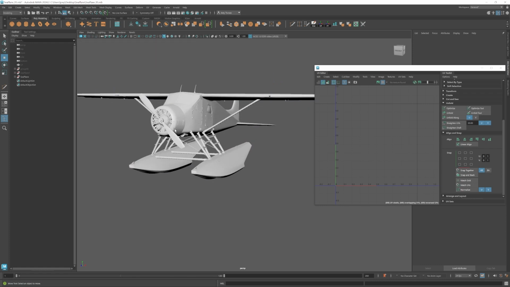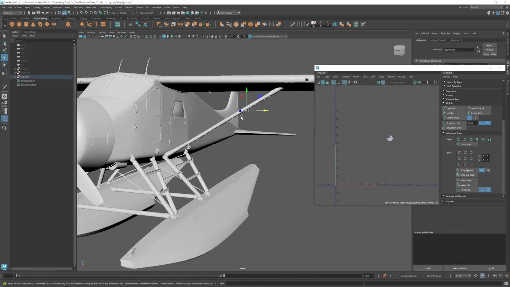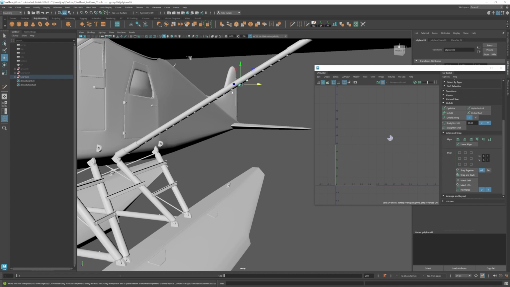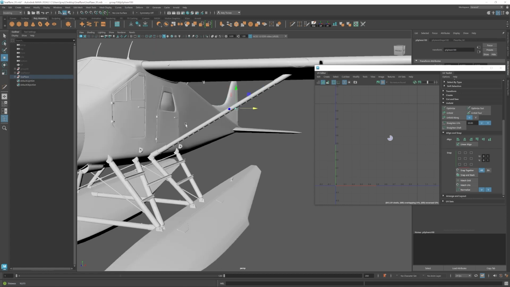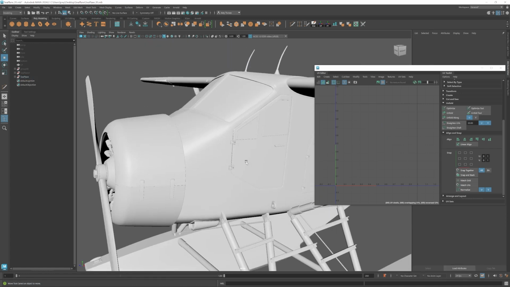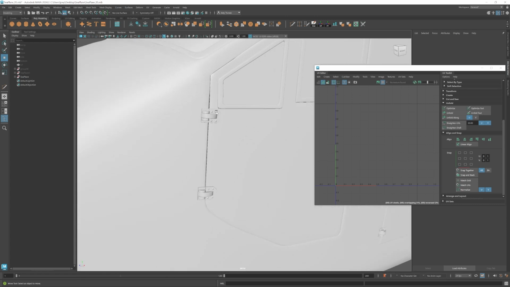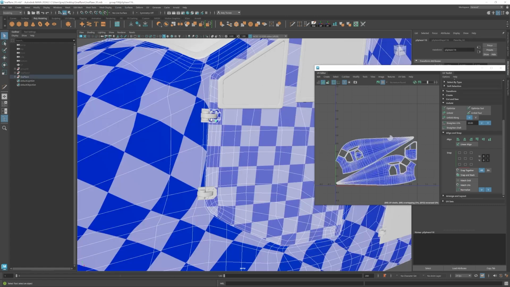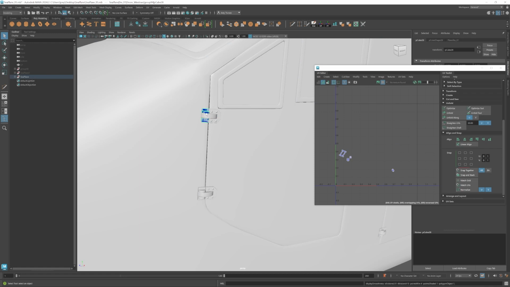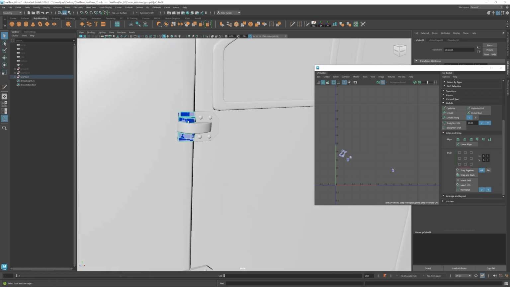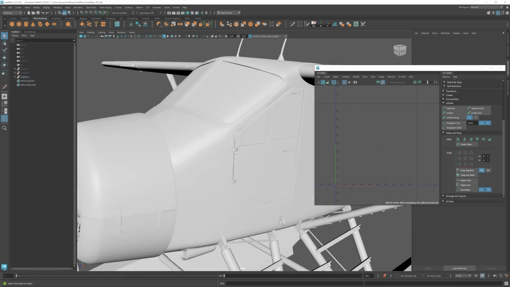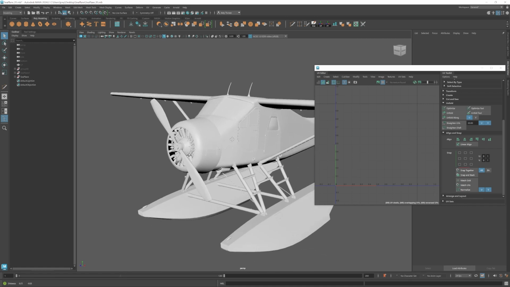Now, besides, of course, doing the door seams, there's other things I could have done to save on polys. And obviously these little bolts up the side, I could have just not added those. This is a lot of unnecessary polys that goes up this pole. And same with the door hinges. They're not too detailed, but these little bolts that I added to them, I could have removed those and not smoothed. I actually didn't even smooth these out, but you could have simplified those shapes a lot more,